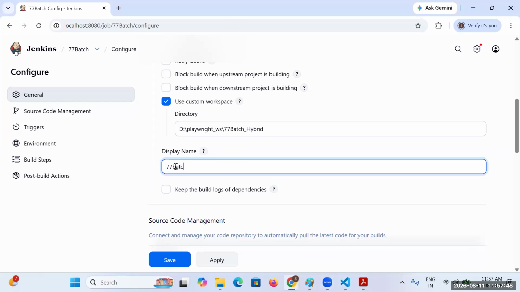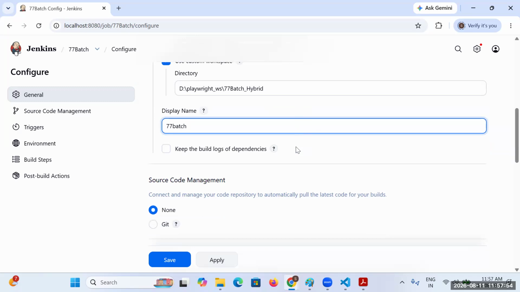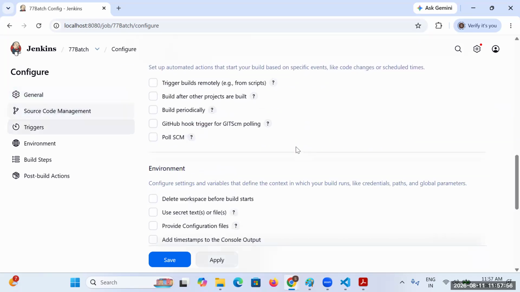I'm just mentioning 77 batch. Now we have given the path of our code. But it has to execute automatically, and when it has to be executed, we need to provide a certain time.